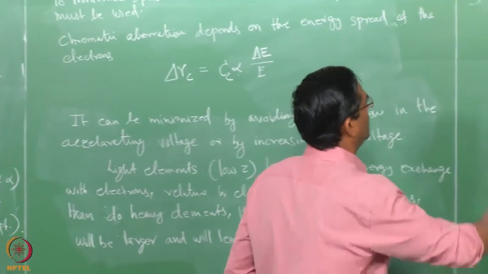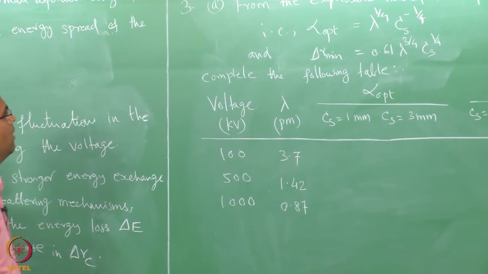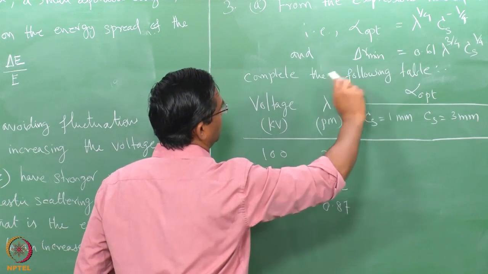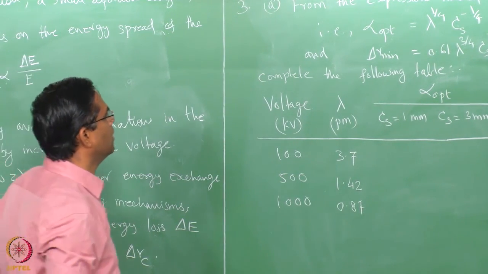So, what is given is the expression which we have used in the previous problem for semi aperture angle, that is optimum angle, and the delta R minimum, that is disk of least confusion, and then we